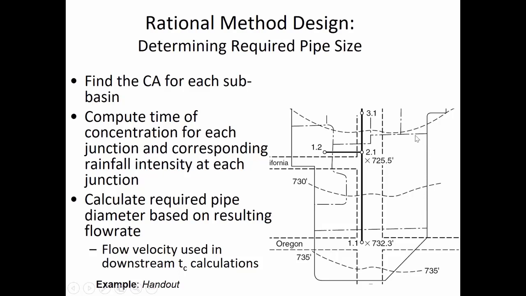The area that contributes to 2.1 is a pretty large contributing area. Now there's a lot of dashed lines here. Some of them are representing streets, but the boundaries of the watershed is what we're interested in. So what we're going to go through in the example today is, first of all, we're going to, with the